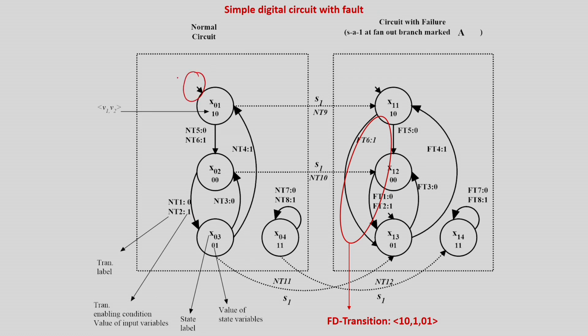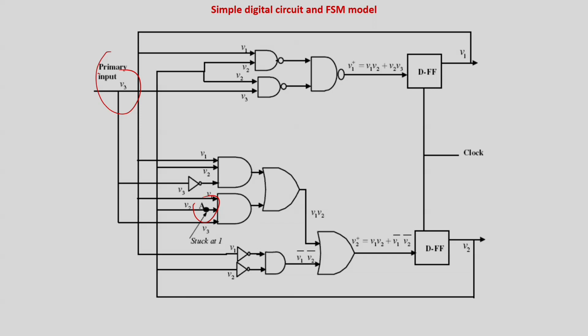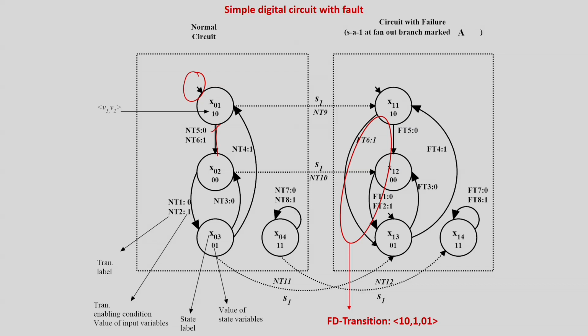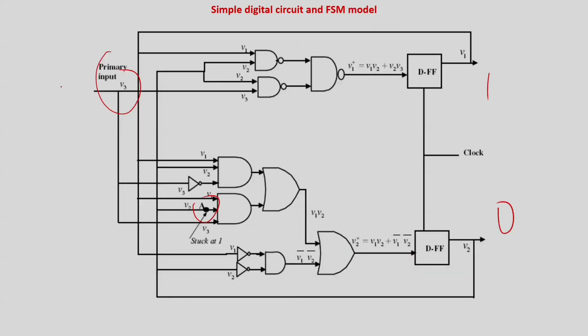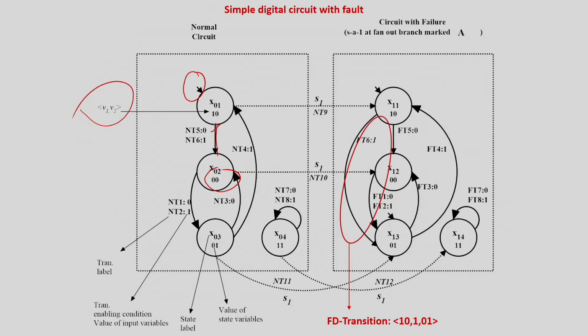Some states may be unreachable. We are assuming that the state starts from 1 0, and with the input 0 it will come over here, because there is only one input, that is V3, and V1 and V2 are secondary primary inputs, feedback from the flops. If V1 and V2 are the state register values and the present state is 1 0, then whether the input is 0 or 1, you are going to get the next state as 0 0. Even if the input is 1 or 0, anything, the next state is going to be 0 0. That is what this line shows. This is very self-explanatory, simple digital design fundamentals.